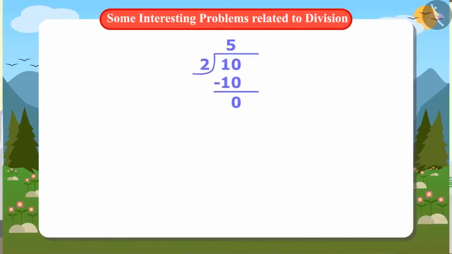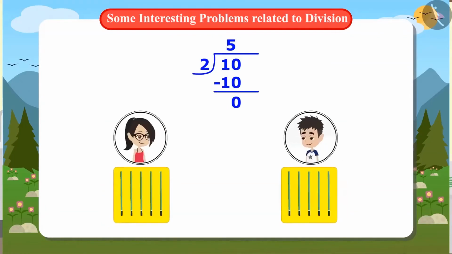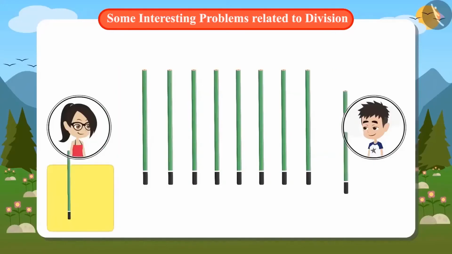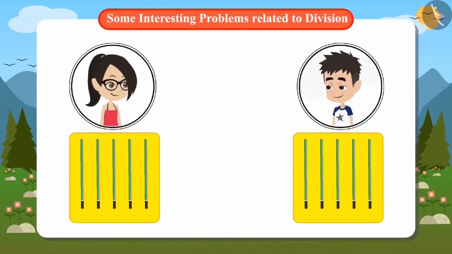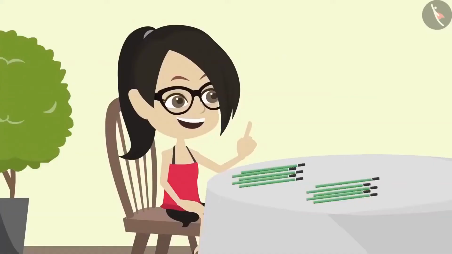Vandana, when 10 is divided by 2, if the answer is 5, it means that dividing 10 pencils into 2 parts will bring 5 pencils in each part. Well, now I understand. Even when I equally distributed the pencils one by one, there were 5 pencils for my brother and my part. But I did not need to do that. I can know immediately by dividing that both will have 5 pencils.